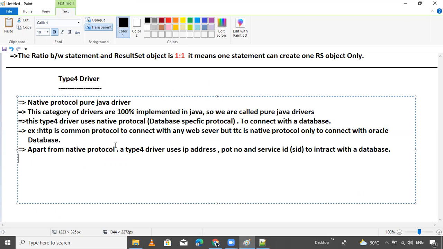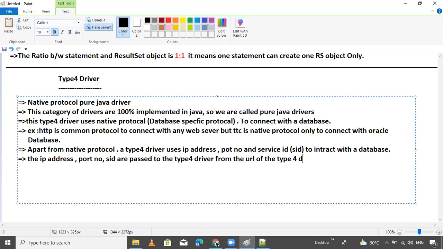So, let me give some explanation to you. The IP address, port number, and SID are passed to the type 4 driver from the URL of the type 4 driver.